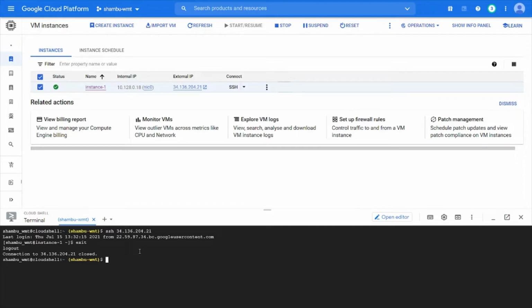We can use an ad hoc command to run any simple task, like if you want to install some package on the destination VM, copy some file, or change the port of only one particular server or some number of servers. All these things we can do with the ad hoc command. Now these ad hoc commands are only for temporary use, not for repetitive tasks. If it is a repetitive task, we can create a playbook and run that.